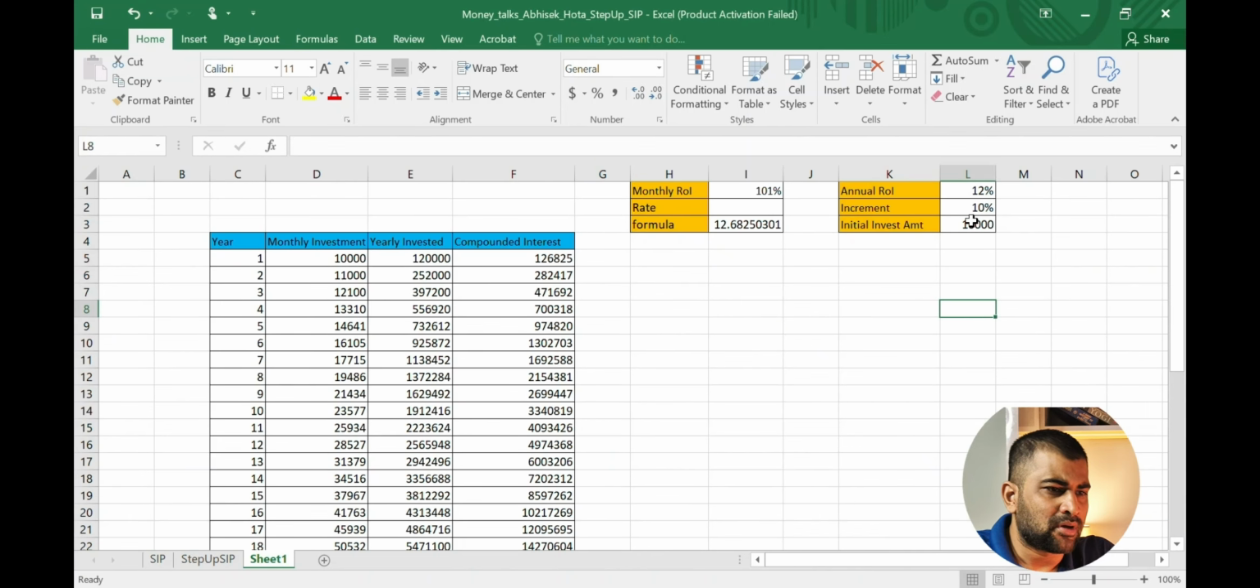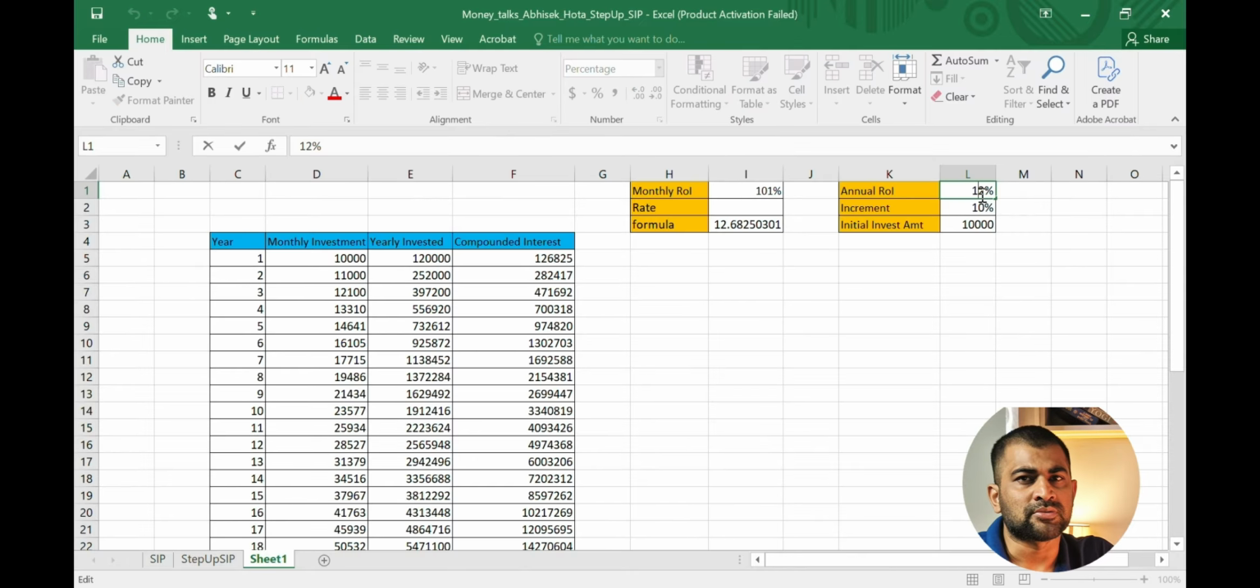So if you see, a person is investing 10,000 rupees with an increment of 10% every year at a 12% rate of interest. I am taking 12% because it is the average return you can get within a 20 year time period. And it could be more also, and it could be less also. So let's change the number